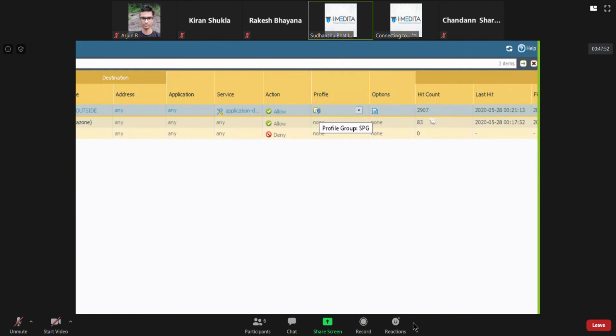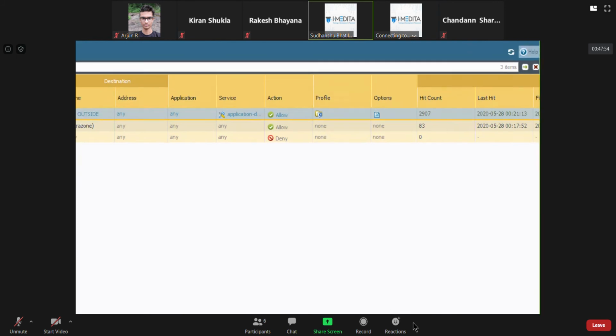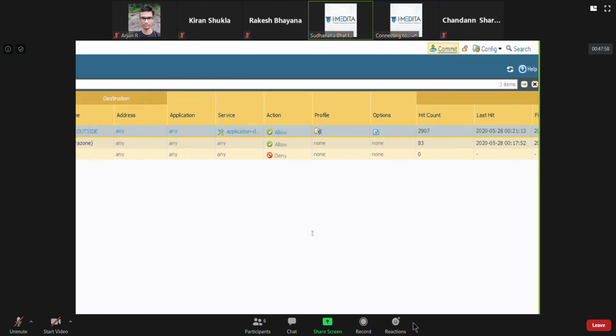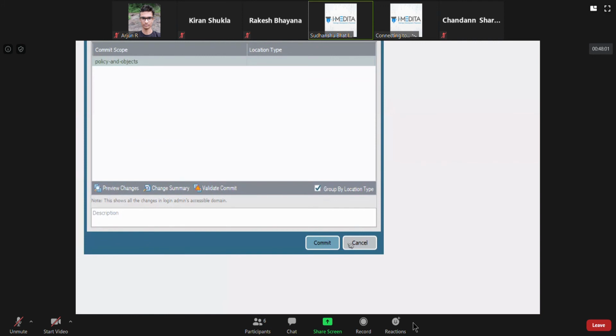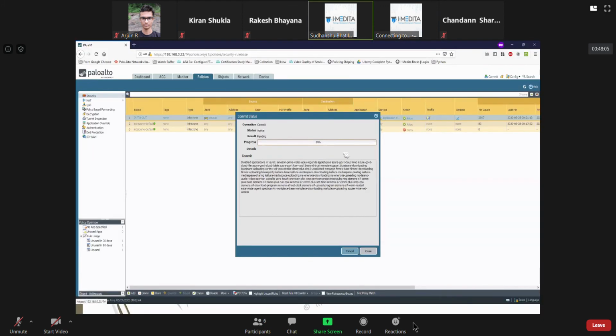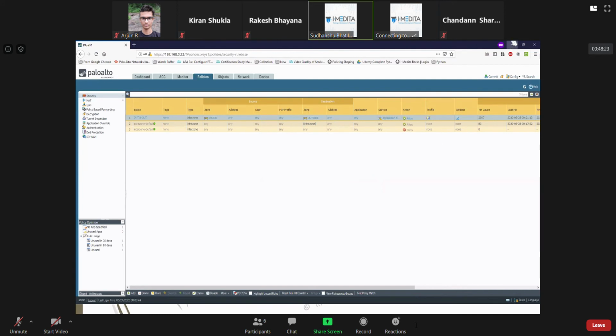Now there's just a folder icon. Working-wise, it won't change. It's the same.